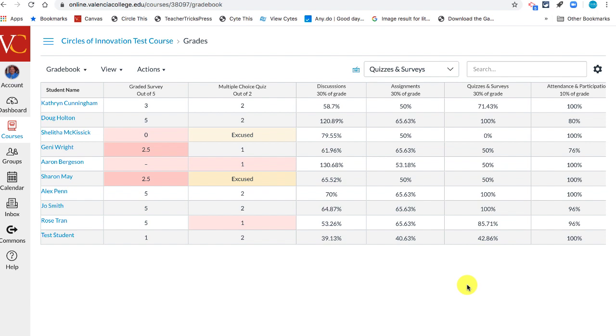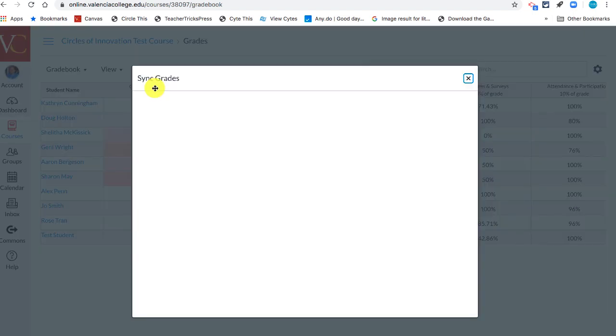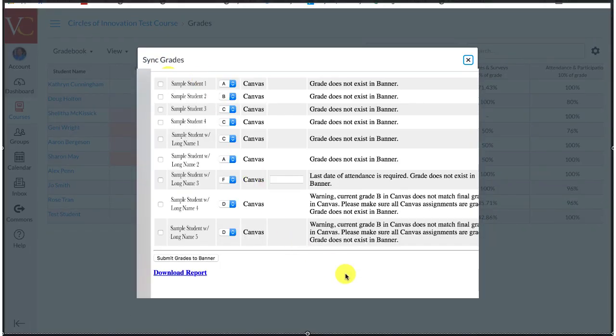So if you've looked through your gradebook and you're ready to sync to Banner, or if you have a student who's withdrawn and you need to enter that last date of attendance, all you have to do is click on this Actions and click where it says Sync Final Grades. That will open up this window, and then you'll see your students. You'll be able to enter that last day of attendance. You'll be able to verify the grades you're going to assign to students, and then you can click Submit Grades